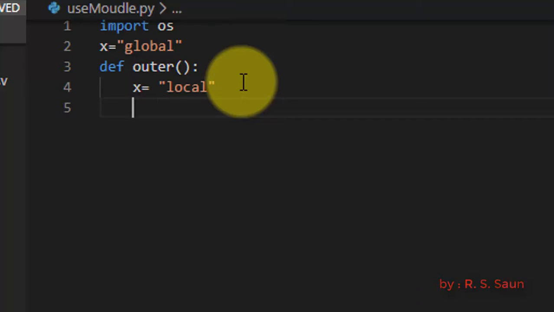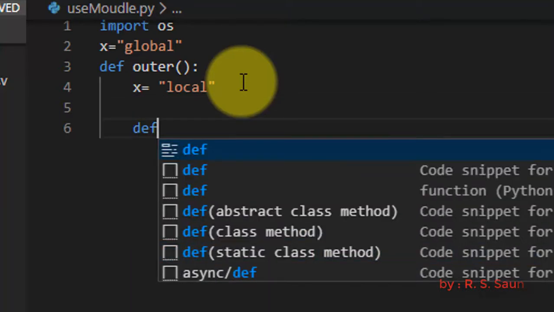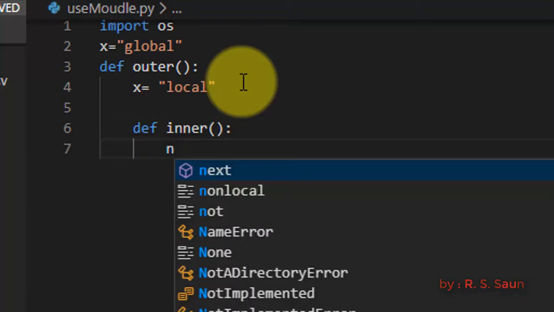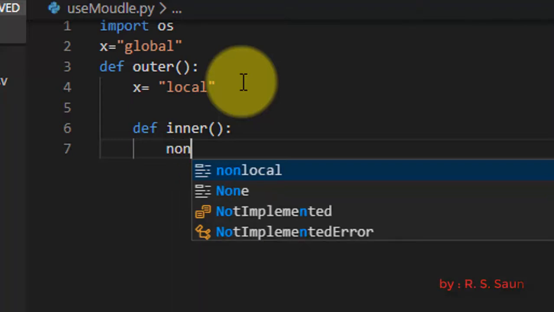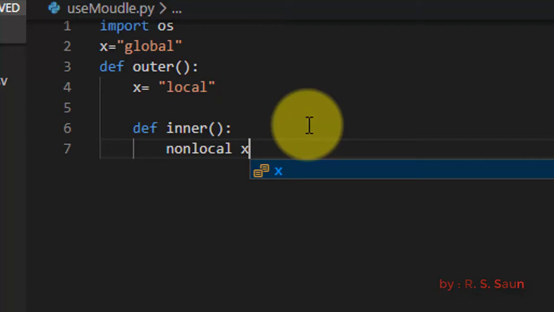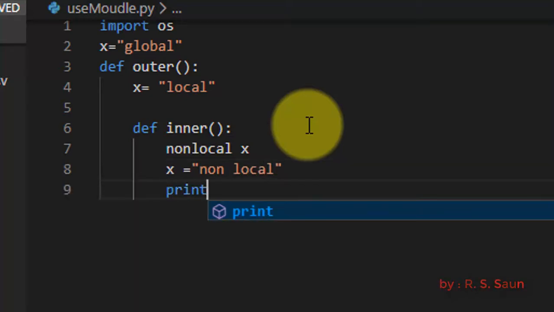Then I'm going to define another function inside the function, def inner, and in this inner I'm going to define nonlocal x, and then let us change the value of x. x is equal to, let's say, non-local,